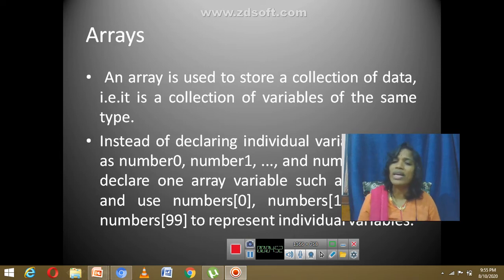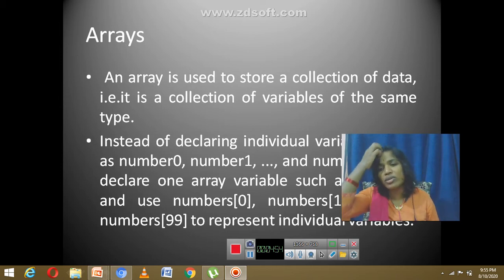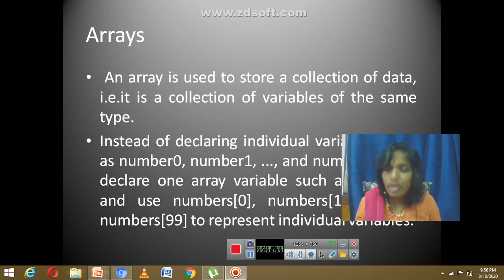right? So in other words, an array is also defined as a collection of homogeneous data elements. What is the meaning of homogeneous? Homogeneous is nothing but similar, or the same kind of thing. So similar elements can be grouped together so that they are given a single name, and can be accessed with only a single name. Clear?